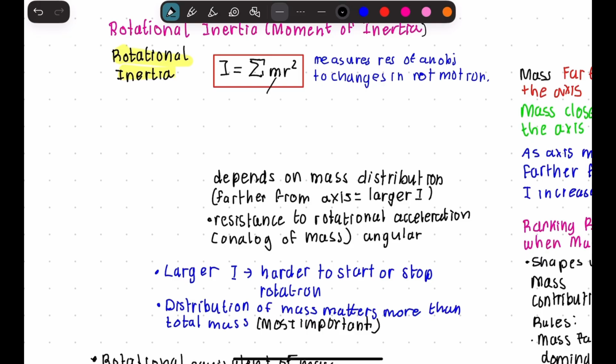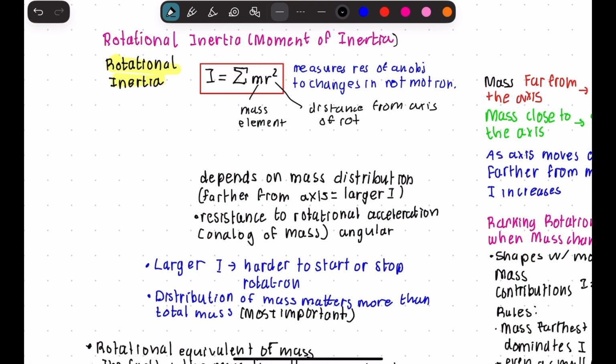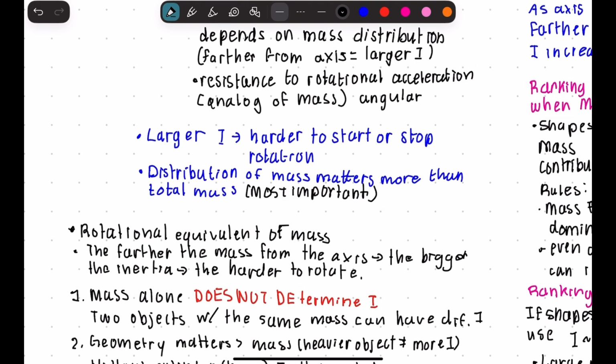So here, m is the mass element, and r is the distance from the axis of rotation. And essentially, mass further from the axis increases the rotational inertia dramatically. As you can see, it depends on the mass distribution, so farther from the axis means a larger I, and resistance to rotational acceleration. Larger I means harder to start or stop rotation, and the distribution of mass matters more than the total mass,